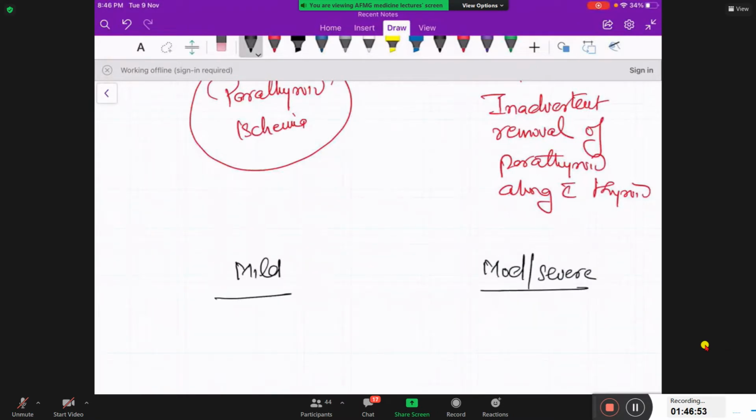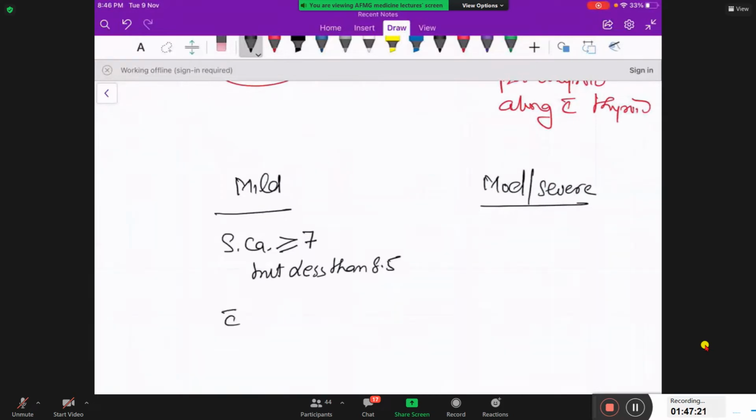What is mild and what is moderate to severe? Mild hypocalcemia is when the serum calcium of the patient is more than or equal to 7, but less than 8.5,